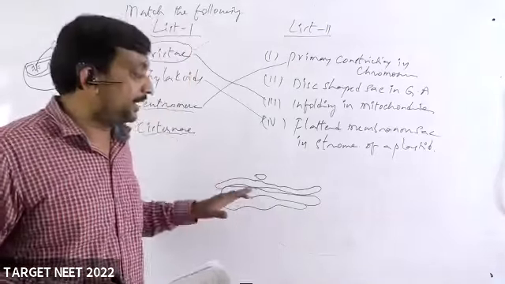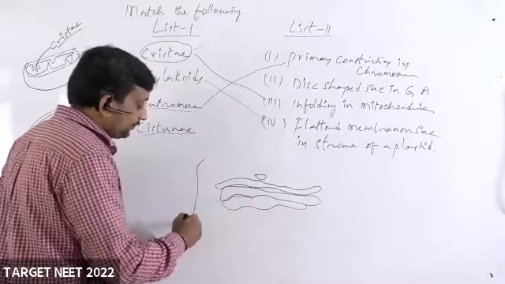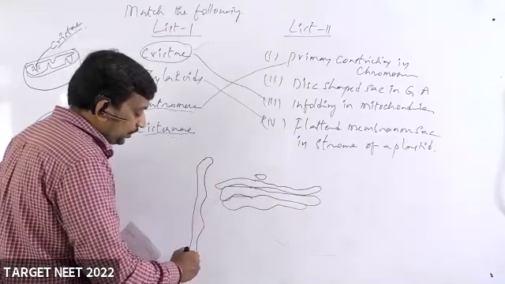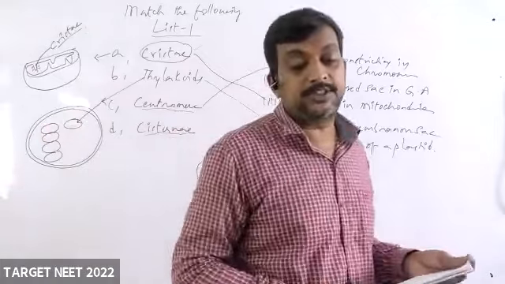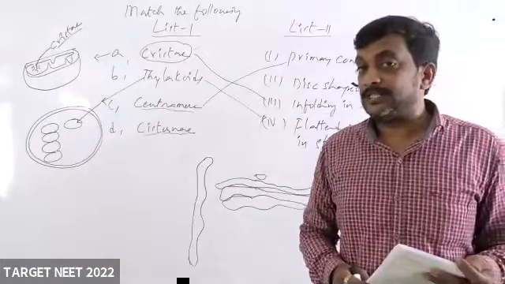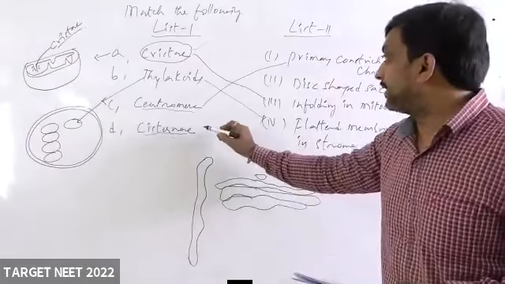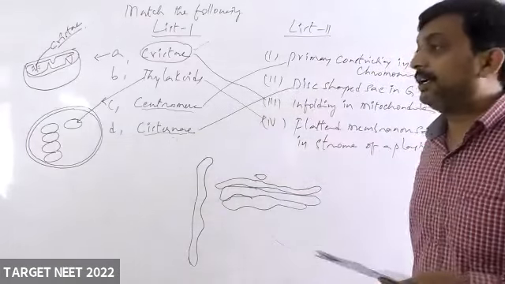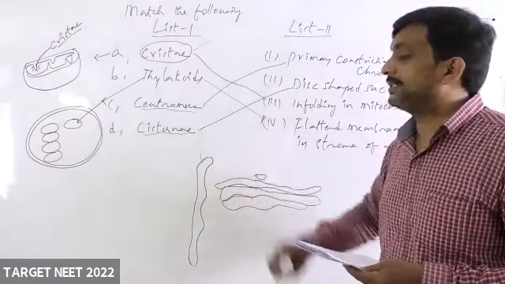Now, this cisterna is a long, elongated, disc-shaped structure. The components of the Golgi apparatus include a cisterna, a vesicle, and a tubule. So with respect to the cisterna, it is a disc-shaped sac in the Golgi apparatus. This is what we call a cisterna.